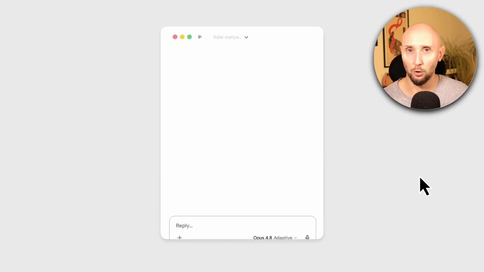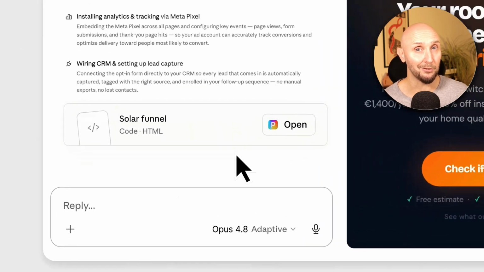So today, I'm connecting Claude to Perspective MCP to see if it really can do all of that, starting from